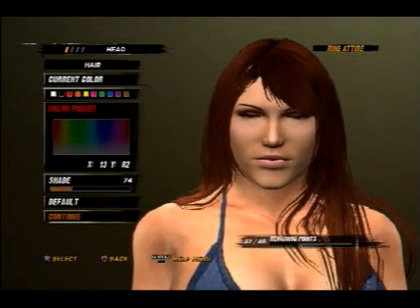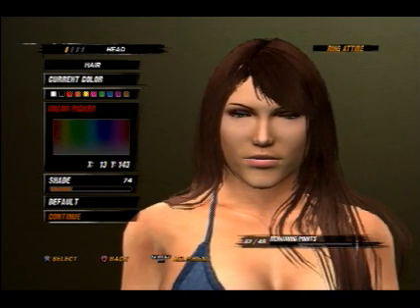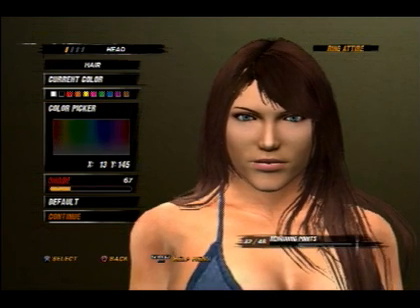It's, in my opinion, really time for them to change it up, give it more detail as far as facial morphing goes, as far as body morphing goes too,